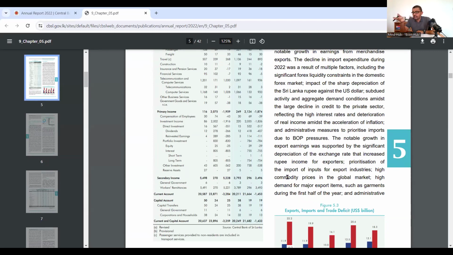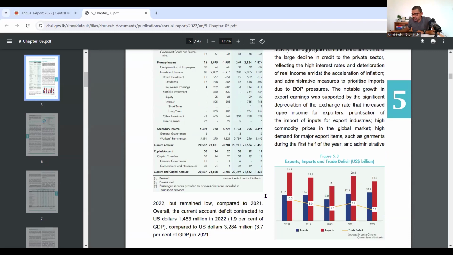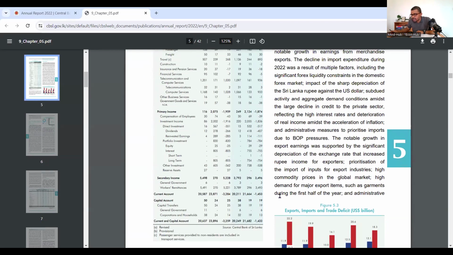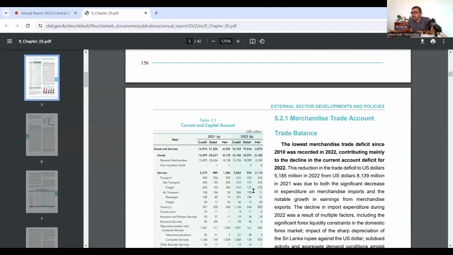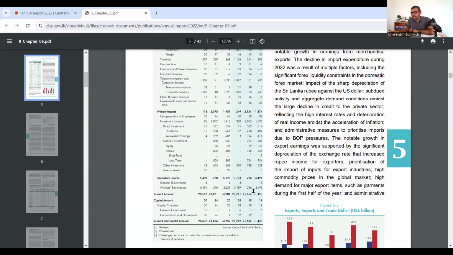Can you see our current account? Now don't get confused with these bigger values and all of a sudden smaller values. You can see credits, debits, net. We'll go for the US dollar figures. Okay, 2022, current account